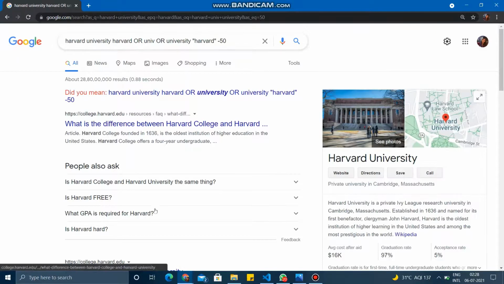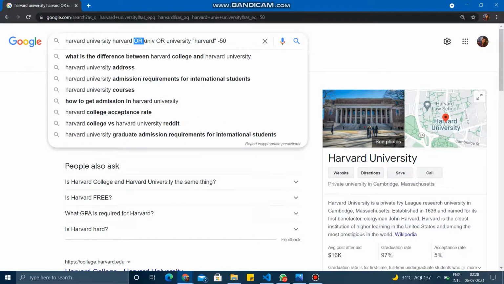So as we click on the advanced search button, we are getting the results for the corresponding page. And we can see that capital OR is there for any of these words, quotes are there for the exact phrase, and a minus sign is there for none of these words.